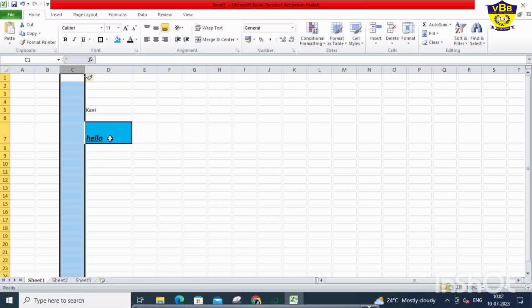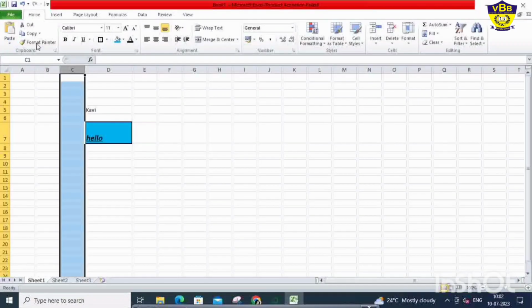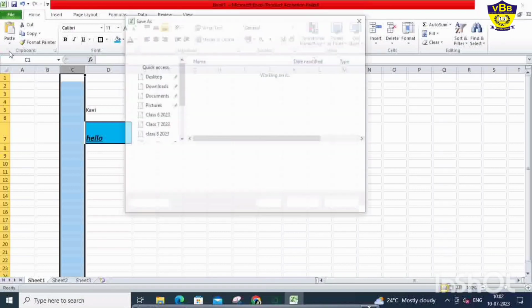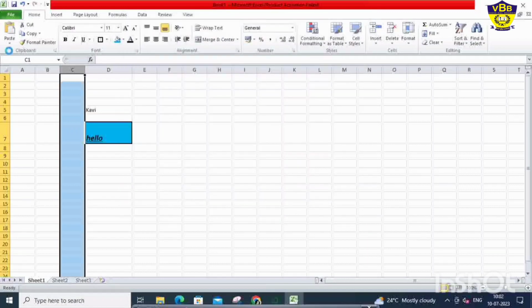Next option is how to save a workbook. To save a workbook, you have to click on the File tab and then click on Save As. The Save As pane appears there. Once you click on it, you need to mention the name by which you want to save this workbook. I want to save this workbook with the name Class 6, so it will appear there, right? I will press the Save button, or the Enter key, and it will get saved.